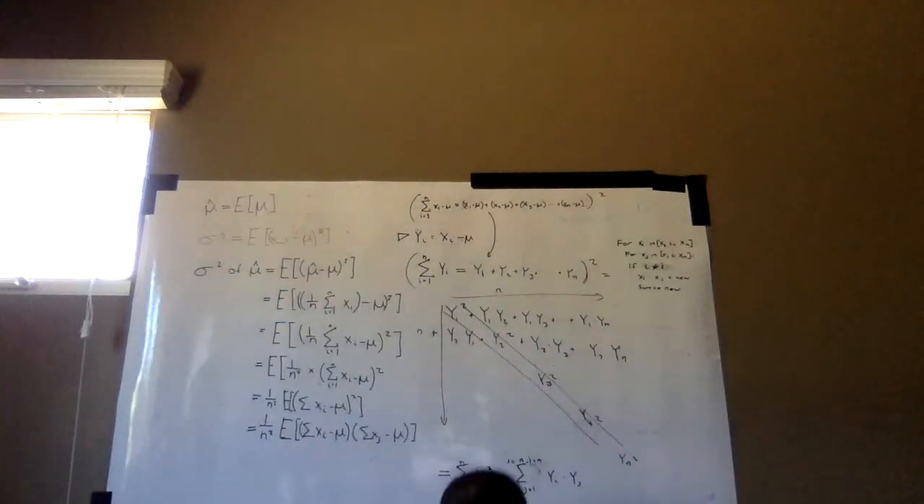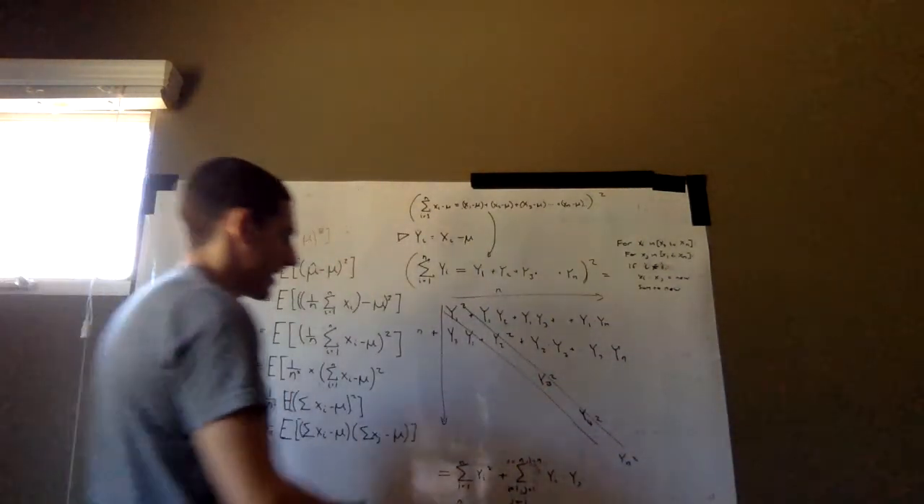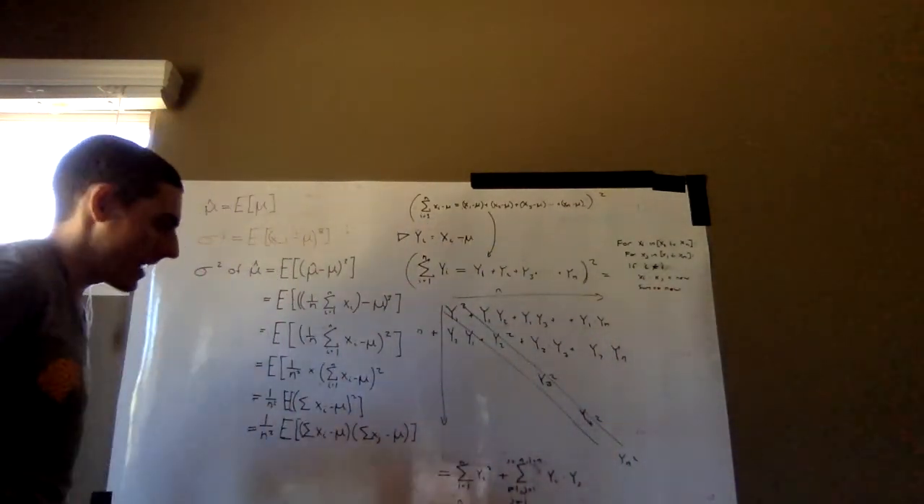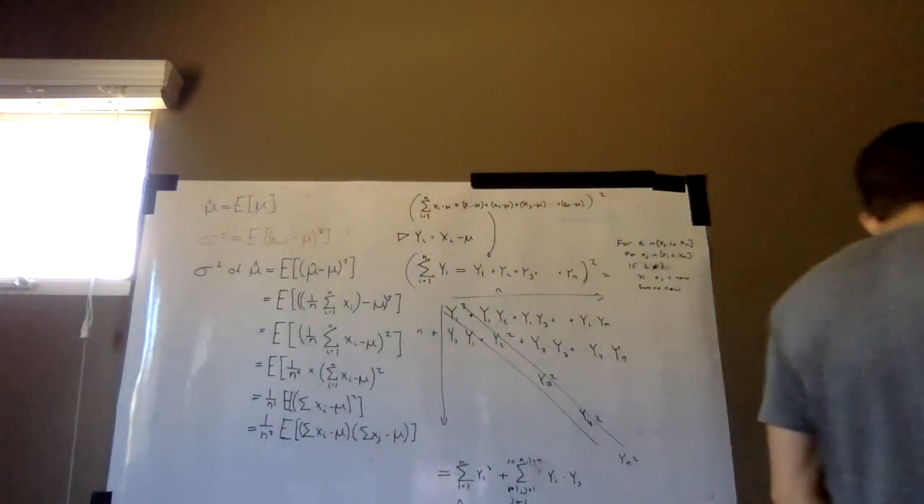It is equal to xi minus mu times xj minus mu. So the first thing about this section is we notice that these xi and xj are just different independent draws from